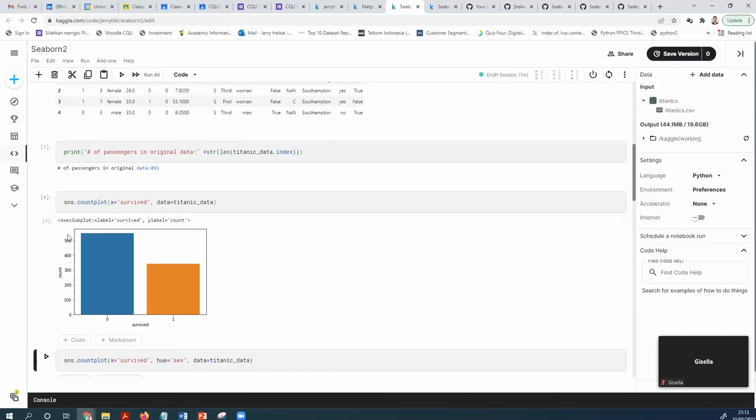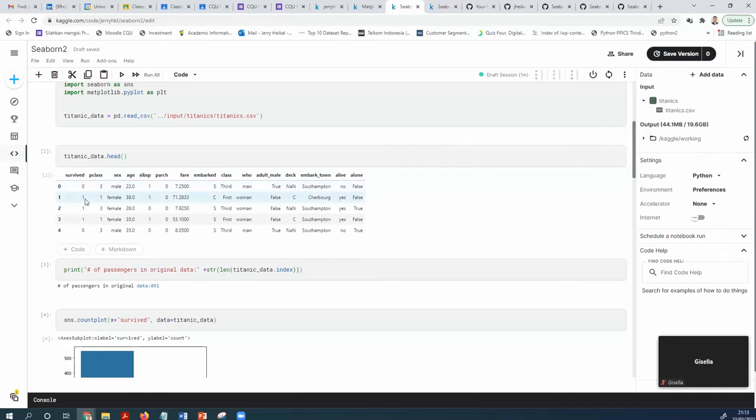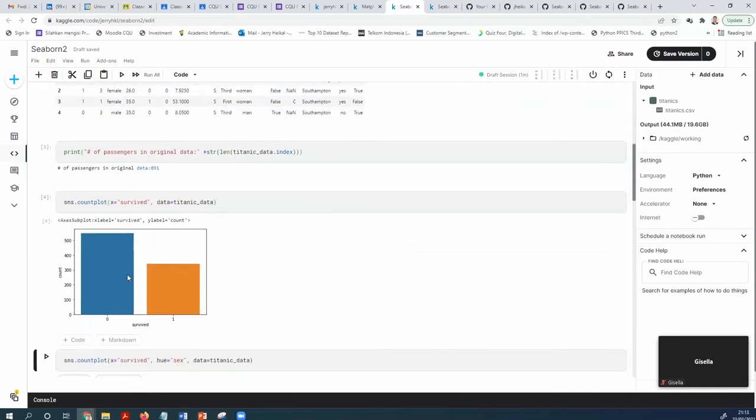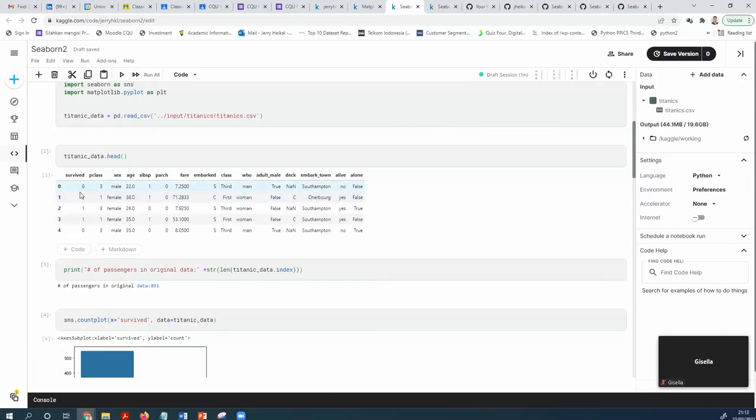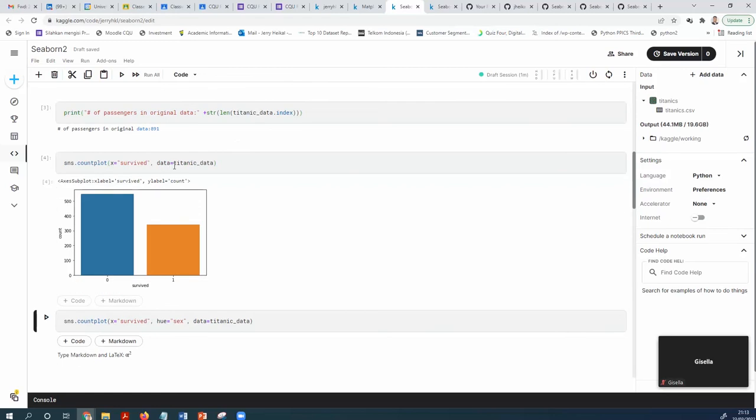0 means not survived, more than 500, and survived is only 300. This is using sns.countplot with x from the survived data. 0 and 1 is the data, so it counts each of them: the frequency of survived or not survived. And the data is the Titanic data.